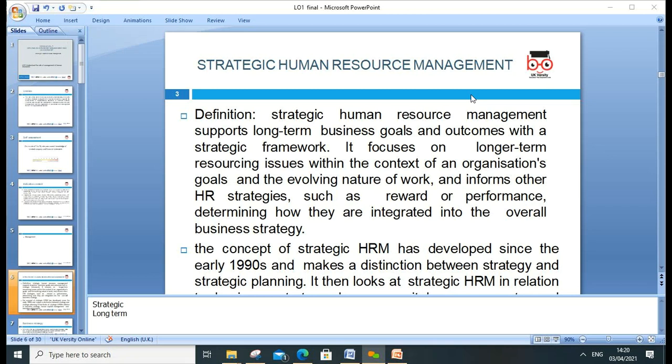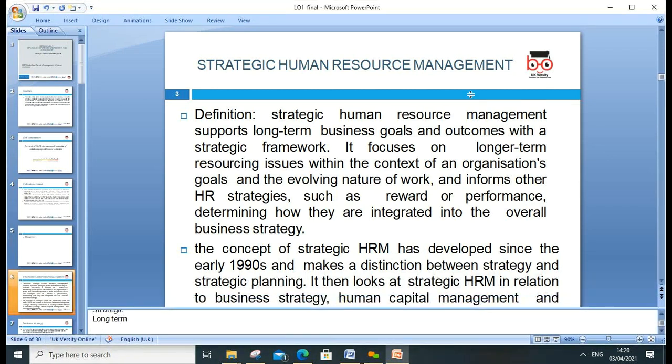So you have to think about having a workforce with good innovation and skills, and bring it into the organization. That's why it is crucial. So the definition of human resource management is to support the long-term business goals. Goals can be supported by long-term human resources. It focuses on the long-term resources issue in the context of the organization's goal. So we need to make sure